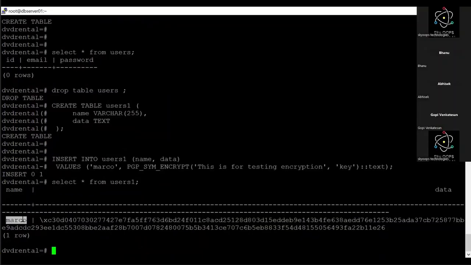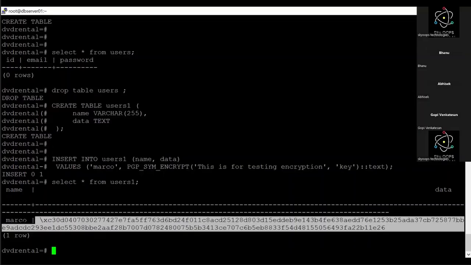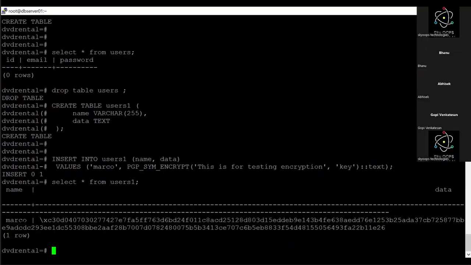This is the first column data. This is the readable format, and this is my original data. It is encrypted and will be in encrypted format. If any application team or any users try to select, it will be in encrypted format. So if they want to retrieve the data,